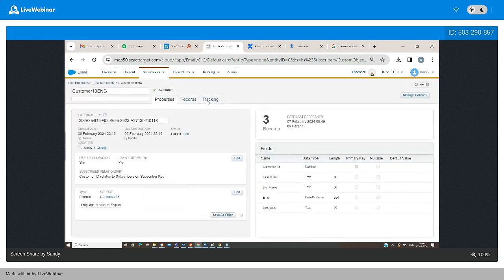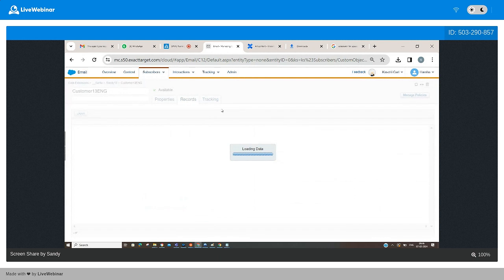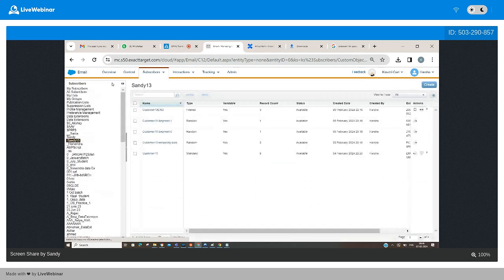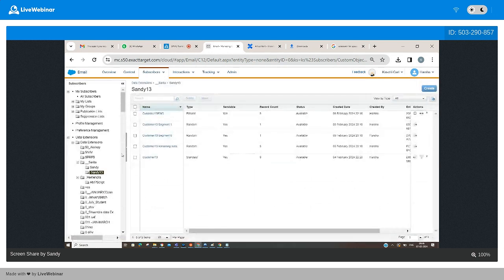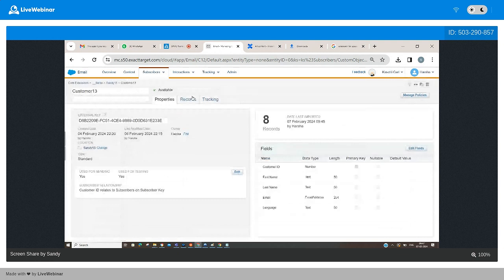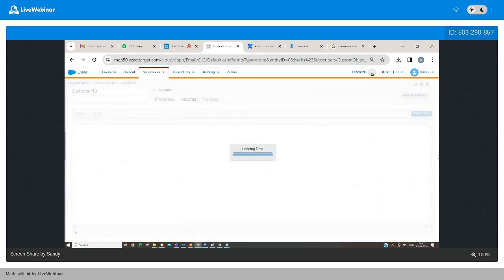See, our original data is customer 13, but we have the filtered data using customer 13 English. Whatever people keep English as their language, they are segmented in a different data extension. Using the filter functionality, we can filter, and I'm going to add customer 13. I'm going to add the records